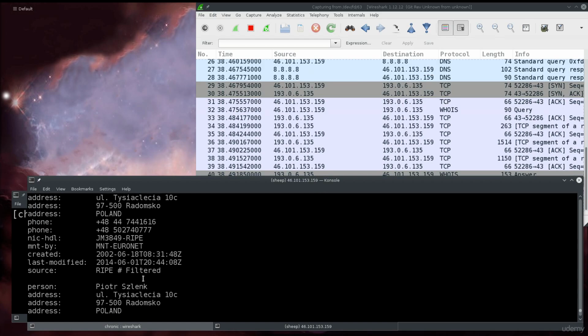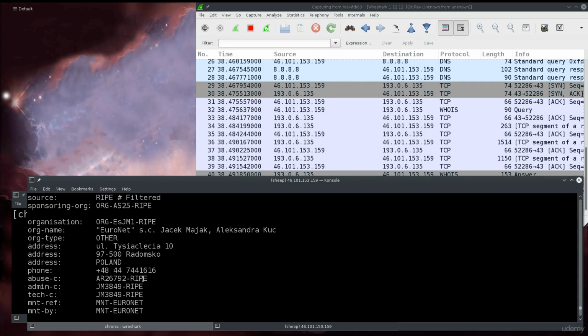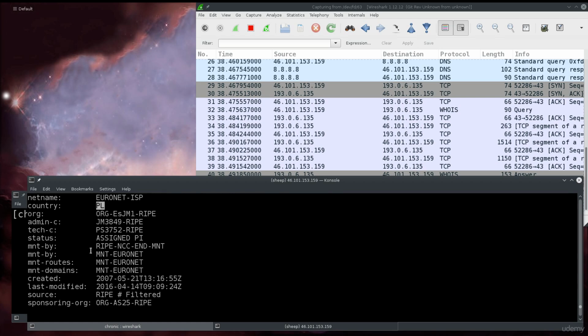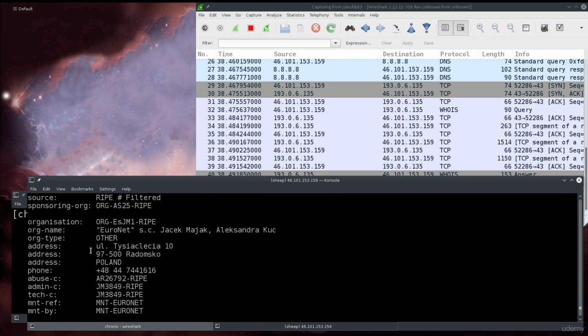I don't know, it's in one of these subnets. So let me just see in which one. 176. So it should be in this one. So Euronet is the ISP, country is PL. I think that's Poland. 99% sure it's Poland,